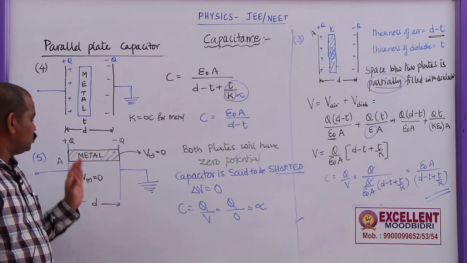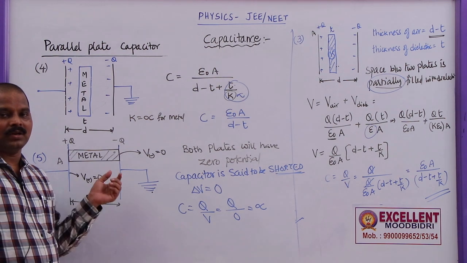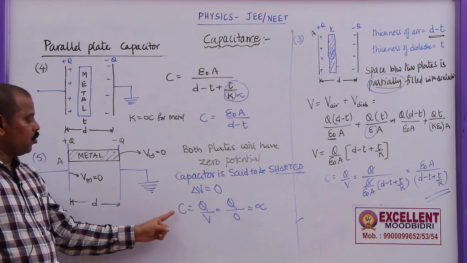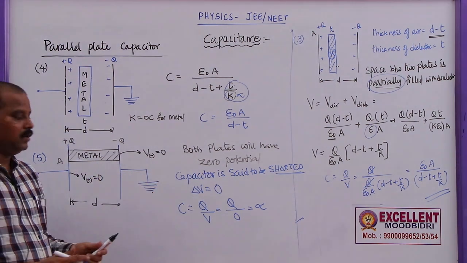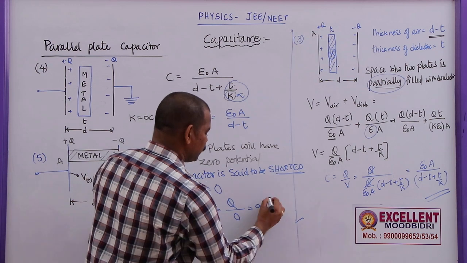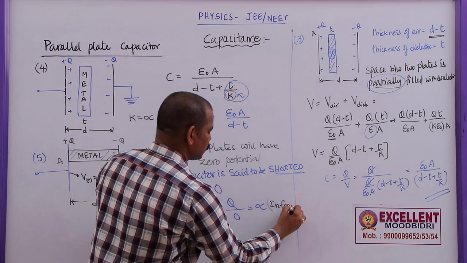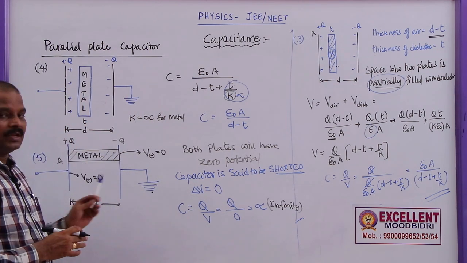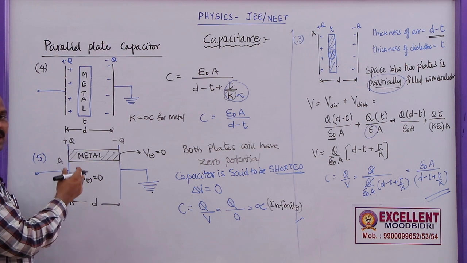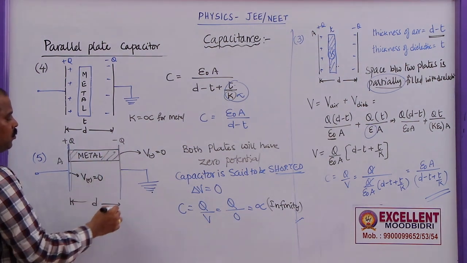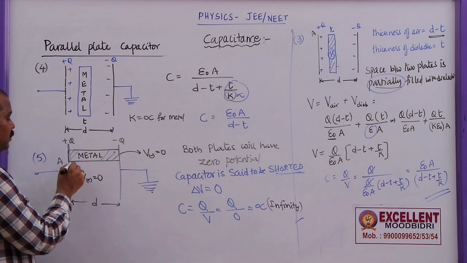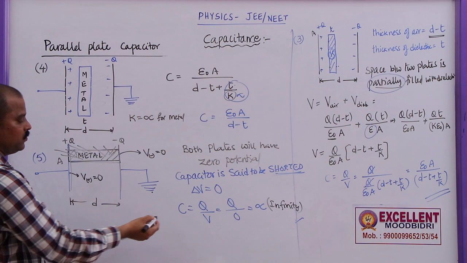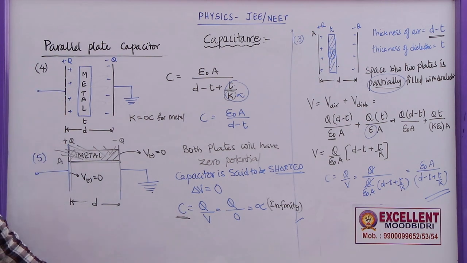So, whenever two plates of a capacitor are connected or joined with a metallic strip or metallic wire, the total capacitance of the system will become infinite. So, what is the meaning of this infinity? The capacity will become infinity such that you can send any amount of charge. That means these plates can hold only some quantity of charge now. But when a metal plate is placed here, you can send a lot of charge onto this metal plate. So, that is why the capacitance is said to be infinite.